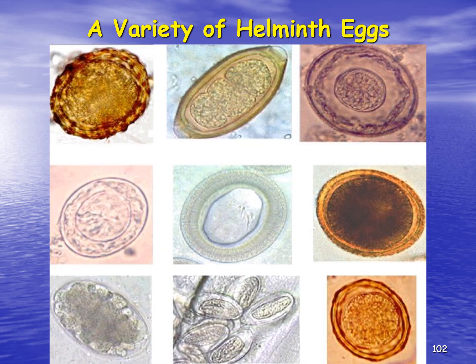So here's a variety of helminth eggs. This is Ascaris lumbricoides. This is actually a tapeworm egg, and I can see that because if you'll notice, it's really hard to do with the pointer, but there are 4 little lines in there, and those are what will become the hooks of the tapeworm. This is a hookworm egg packet. And this is a whipworm egg. And then these other ones are various other ones that we see.